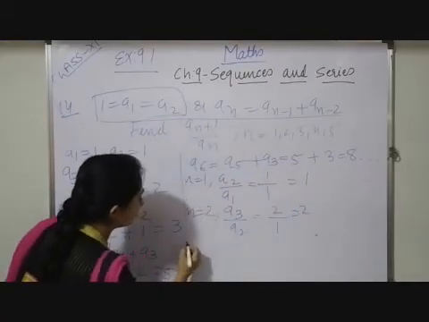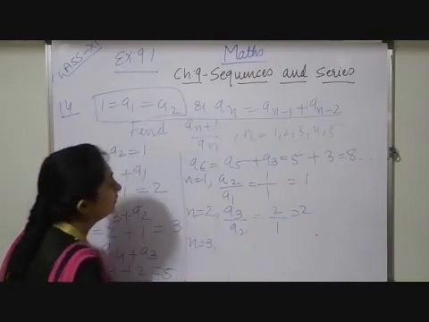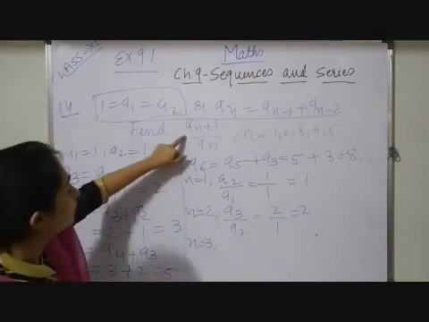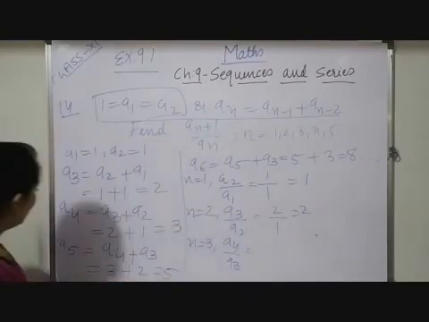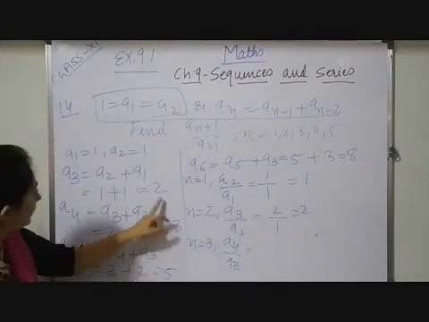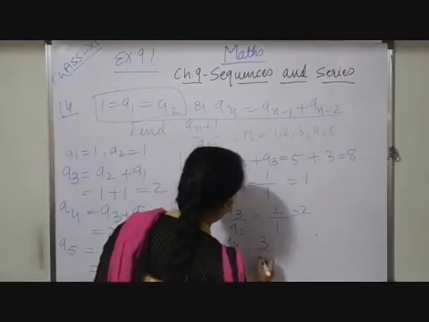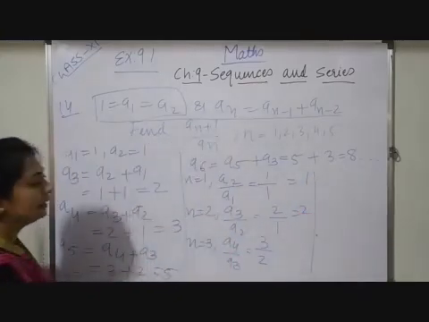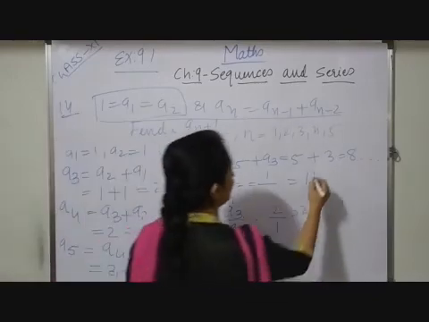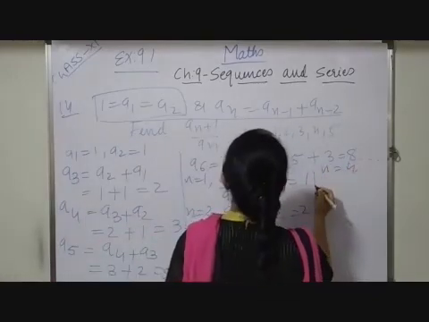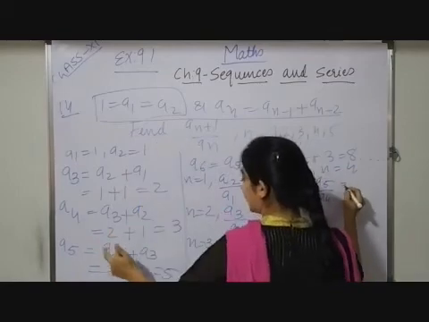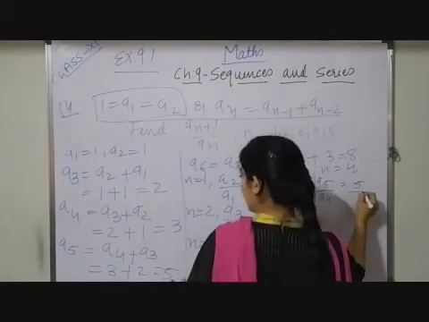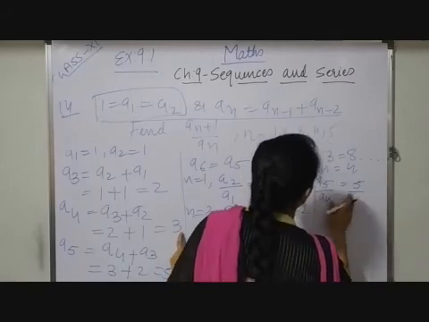Now, next one, n is equal to 3. When I take n equals 3, I will put it into this form. I will get a4 upon a3. Now, a4 is 3, a3 is 2, so here I am getting 3 by 2. Similarly, I will choose n is equal to 4. So I will get a5 upon a4. Now, the fifth term I know, that is 5. The fourth term is also known to us, that is 3.